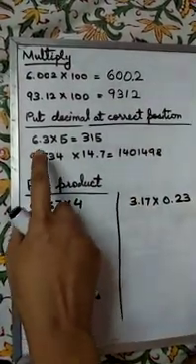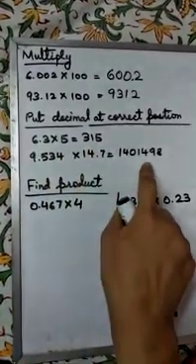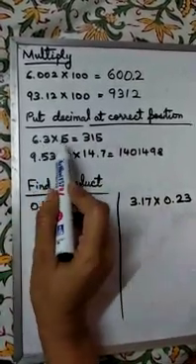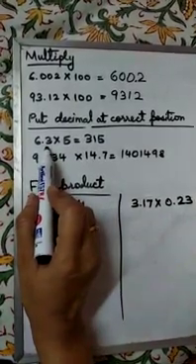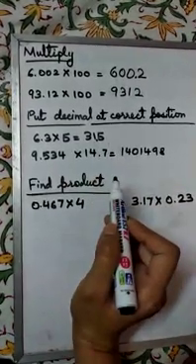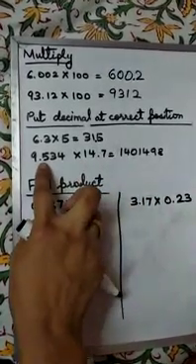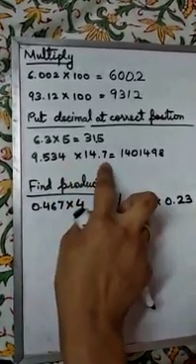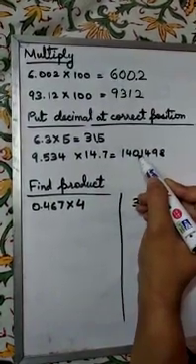Now some questions are there where your multiplication answer, that is the product, is given. See, the answer is given but they have missed the decimal point. How to put the decimal point? If we have a decimal number and a whole number, then we are going to look at the decimal number only. How many decimal digits are there? 1. So in the product also only 1 decimal digit will be there. Okay, but if we have 2 decimal numbers, here 3 decimal digits are there and here 1. Add all the decimal digits. 3 plus 1, 4. Count from the right hand side 4: 1, 2, 3, 4 and put the decimal.